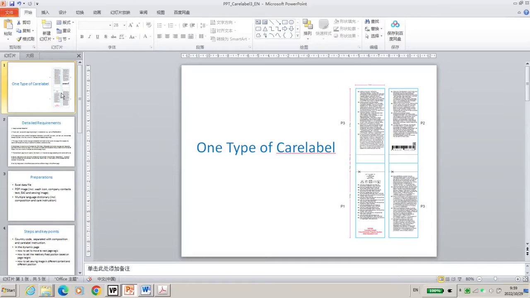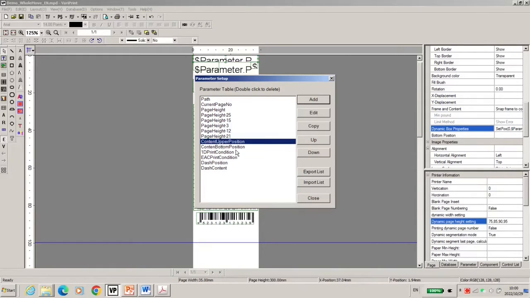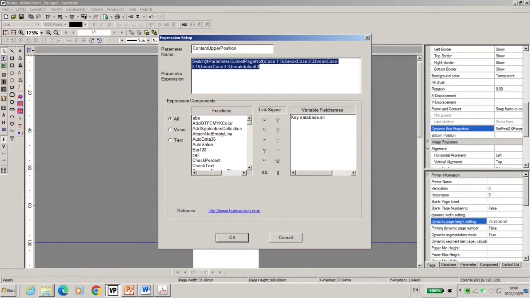I forgot to tell you, there's two special move to next page the position logic. That means in the first page, you need to move to next page earlier. That means you need to leave a space to put the company box. And in the second page, you need to move earlier because you need to give space for EAC and Wendy barcode. So how to set this logic? I need to prepare a dynamic upper position or bottom position of the content. Upper position is easy. I show you.